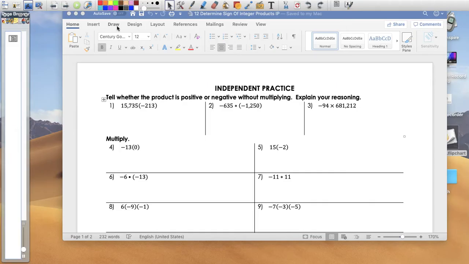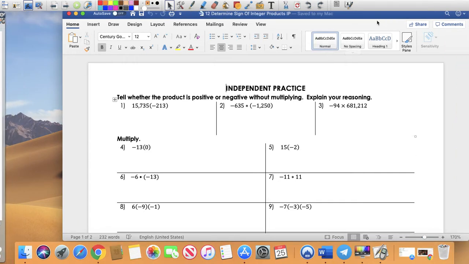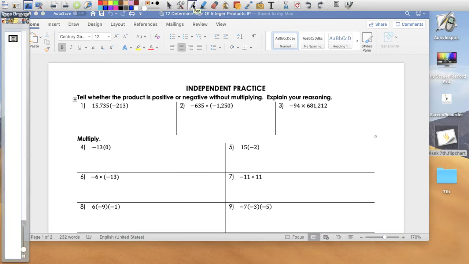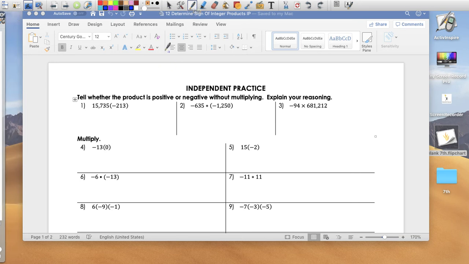So the first question asks to tell me if the product is negative or positive. So I'm not asking to multiply, but just look at the integers and then tell me if it's positive or negative, and then explain your reasoning. All right. So it's a positive number times a negative, so my answer is going to be, I'm going to write positive